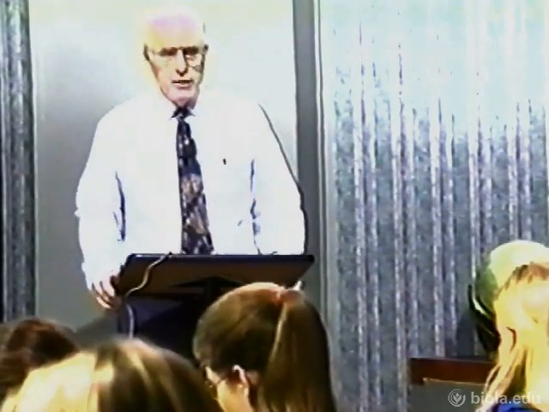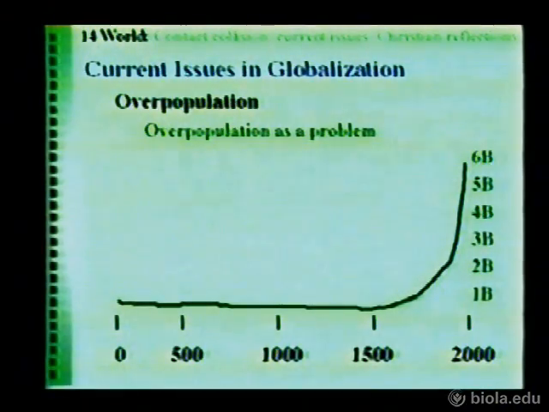When it comes to overpopulation, I've tried to chart here in a rather scrawly hand, the chart that is in your text, so it's nothing new here, but this chart that shows what happens when you go from the time of Christ up to about the year 2000, and you move through these 2,000 years of human history, and what you have is a fairly stable population right up until about, well, somewhere after 1500, 1492, there is this massive expansion of the populations around the globe, and all of a sudden things start to climb,